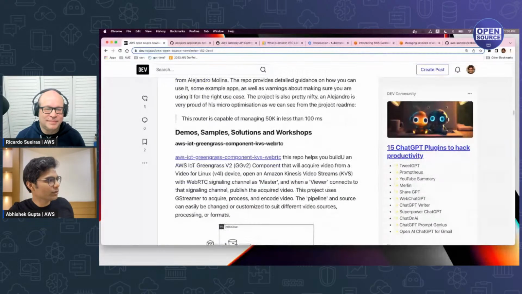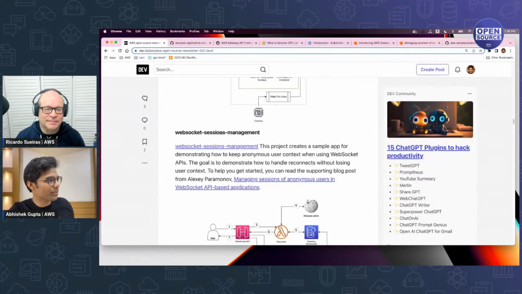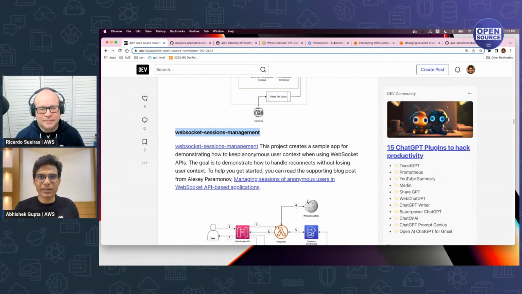So I'm actually going to talk about a demo application which again caught my attention, and I really like WebSocket. To be honest with you, I've worked with it. Me too. It's a very interesting protocol, great for real time applications, chat and whatnot. And unlike HTTP, it is stateful. Obviously, that is one of its good parts, but there are caveats, right? There are cons to it, and one is in terms of scalability, but the other one is in terms of session management. So how do you handle clients who get disconnected and so on and so forth?